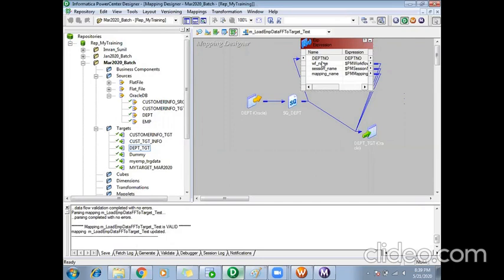Okay, this is where reusable transformations come into the picture. If I want to reuse the code, I can do it using a reusable transformation.